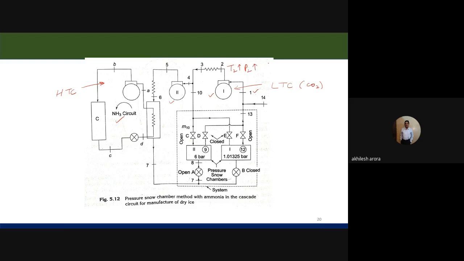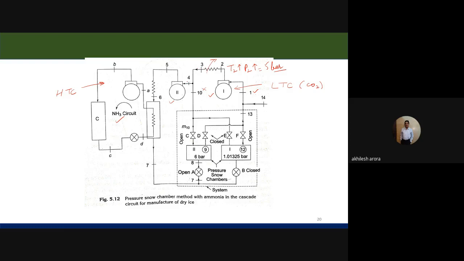The value of P2 is somewhere around, say, 5 bar. Approximately, I am telling you; when we read the matter, you can see the exact values. But it also depends upon our interpretation, what value would be accurate. Then between 2 to 3, the heat of the CO2 is rejected to the surroundings, because the temperature T2 would be quite high. Then forget about this point number 10.